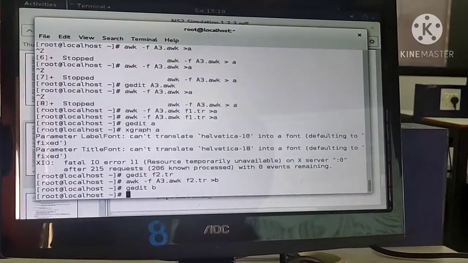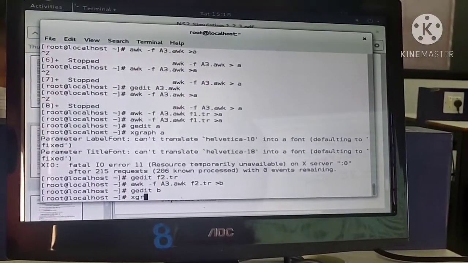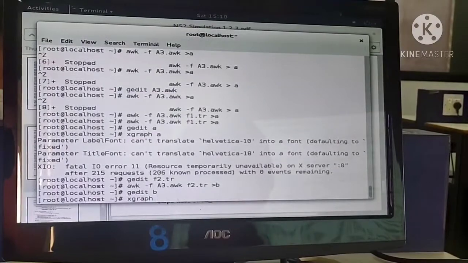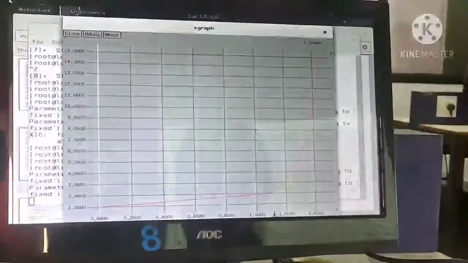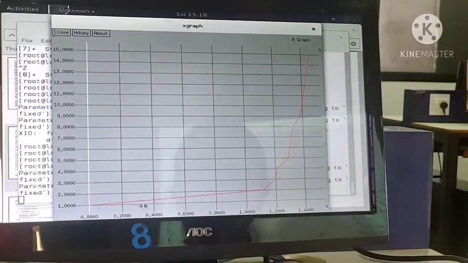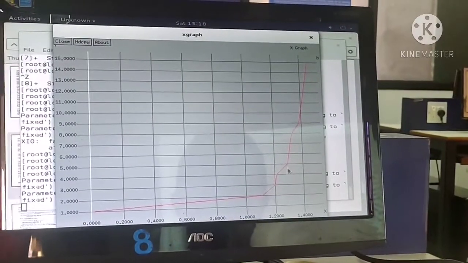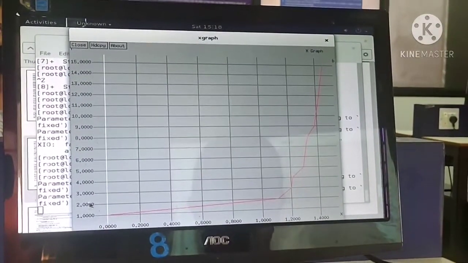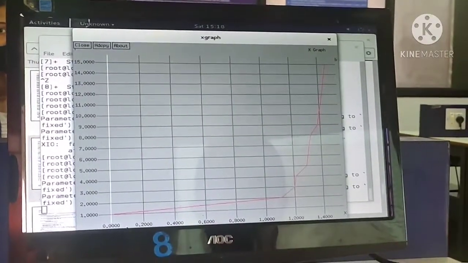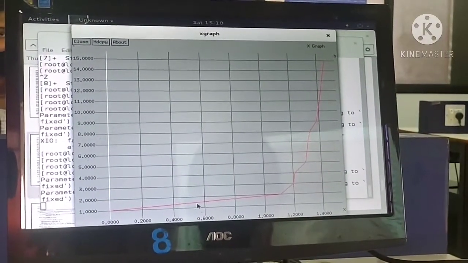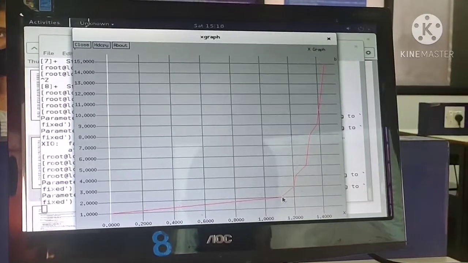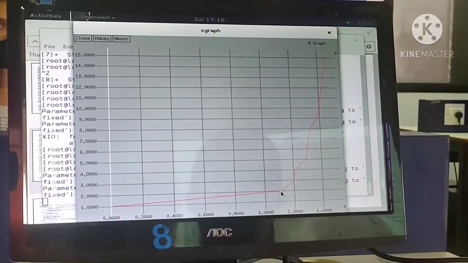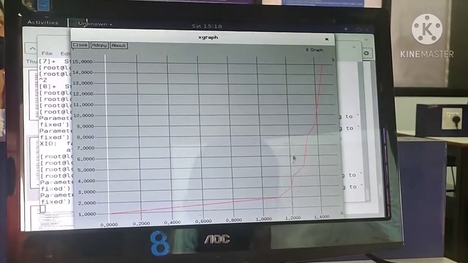So again you can execute xgraph, but this time pass b. You can just see how the congestion window size is increasing, and whether it is the same as the earlier one. Earlier one was increasing rapidly, but you can see here the congestion window size was not increasing till this point of time, but after a certain point it started increasing.